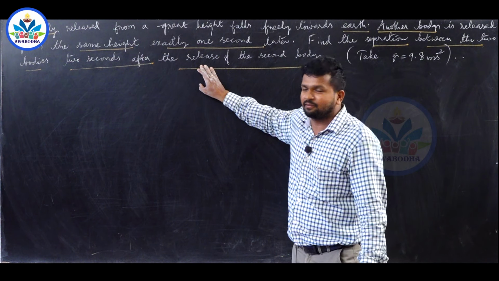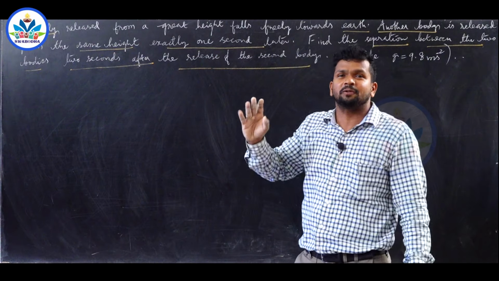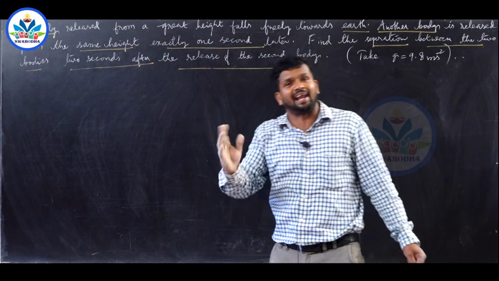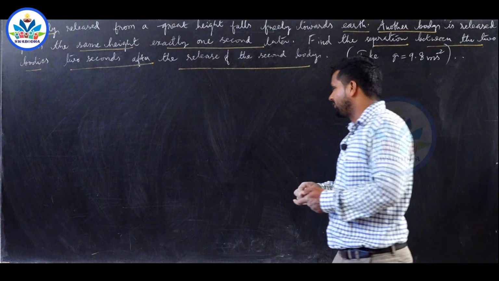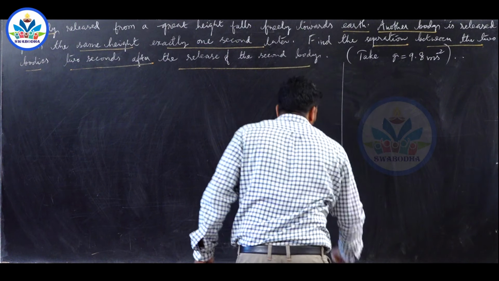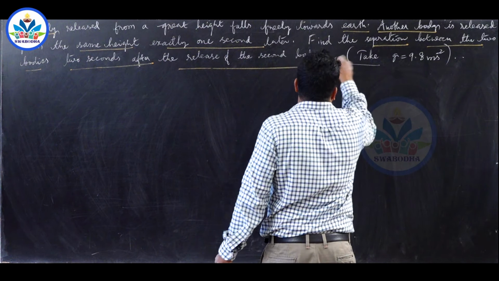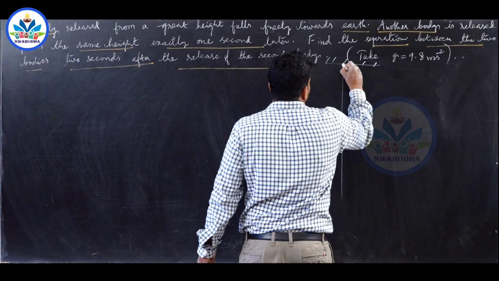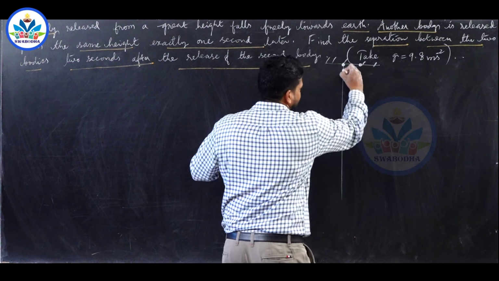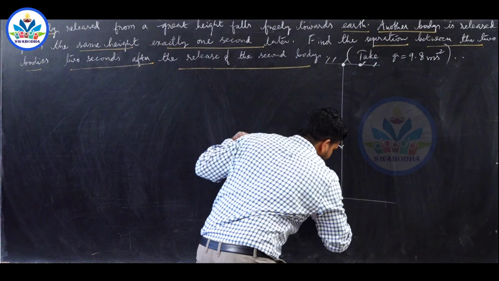But please note, for the first body t equals 3 seconds, because the first body was released 1 second prior to the second body. That's all. So I can draw the diagram. Imagine from this height a body is released. This is the first body, this is the second body. First body is released, which will be,